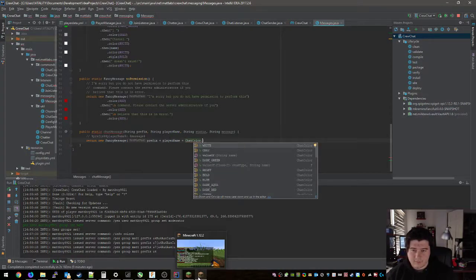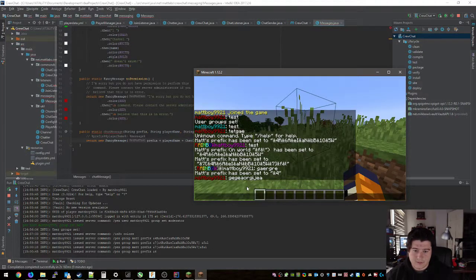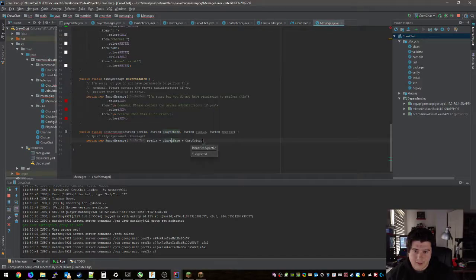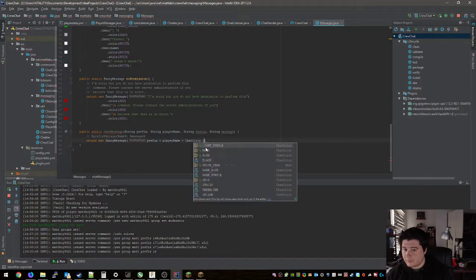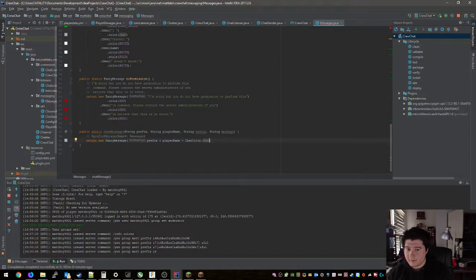Now here's something I'm interested to see. What is my message set to? I think is it gray? Let's do chat color dot light gray, plus that plus,